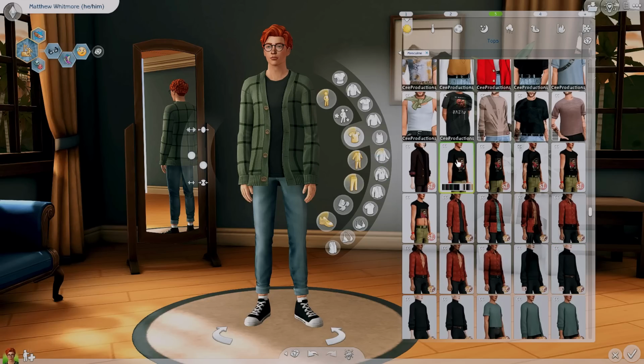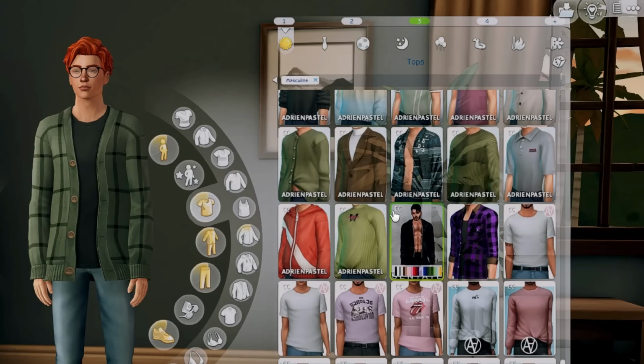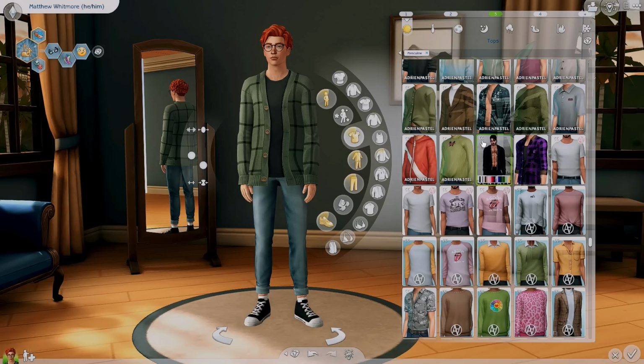But this does lead me into the next mod that I have in my game, and this is the Minimalist CC Icon Wrench Replacement mod by Real Sims. So as you can see here, it's kind of hard to see it. I'm gonna see if I can find a different thumbnail. Okay, maybe you can see it a little bit better here, but as you can see here, there's this